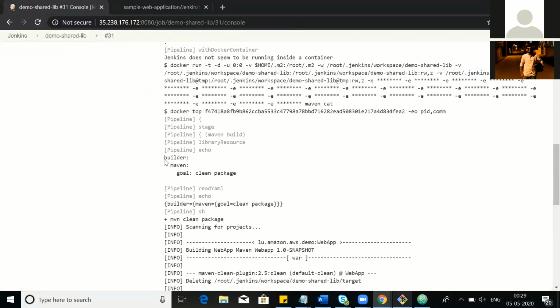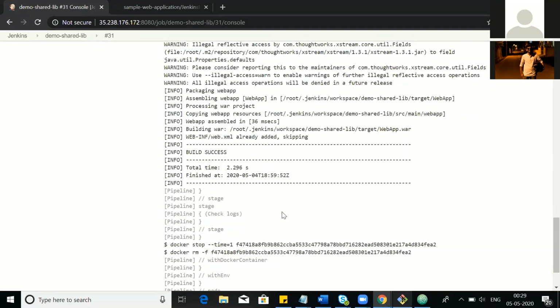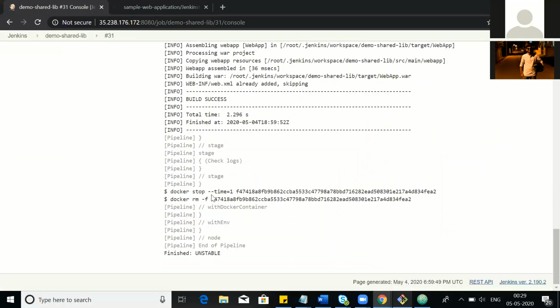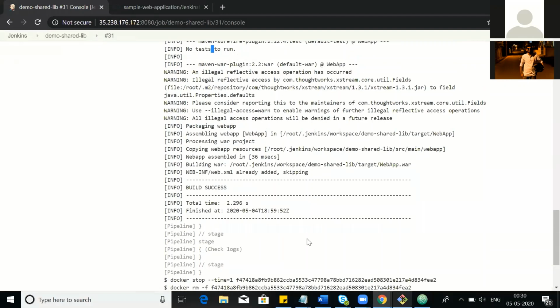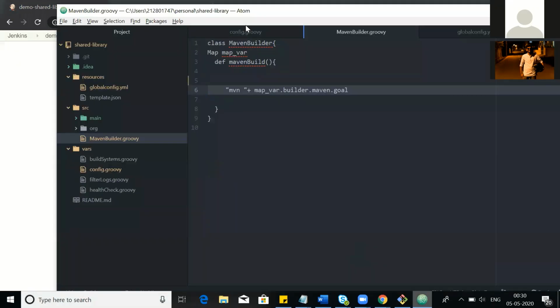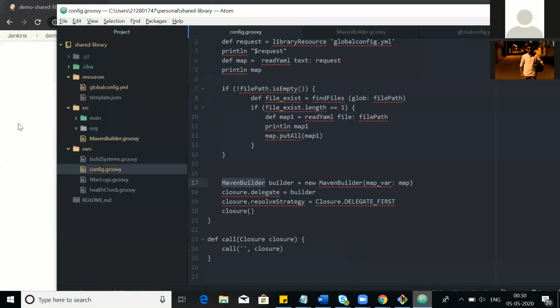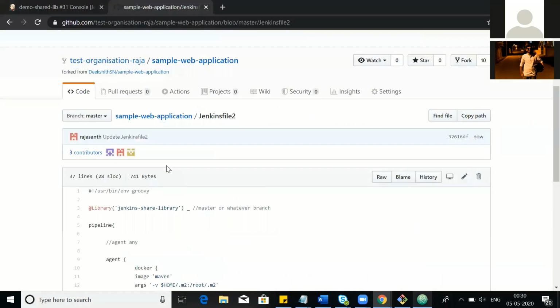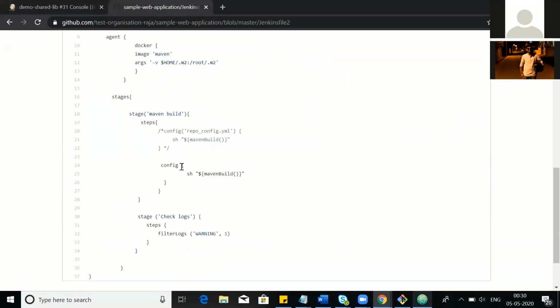If we see now, only the clean package gets executed. In this scenario, it just packages the code. In this scenario, it actually executes this part of the code. Here, we are passing the config global variable with only a closure as the argument.